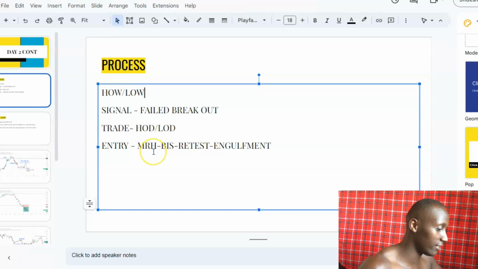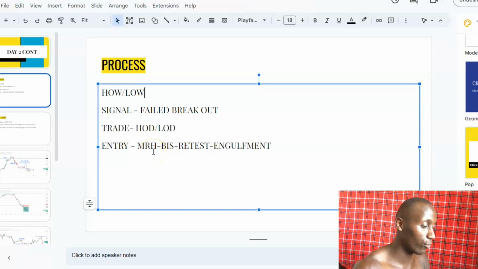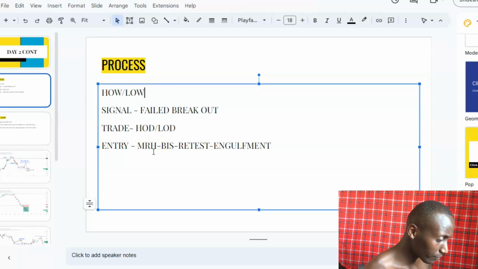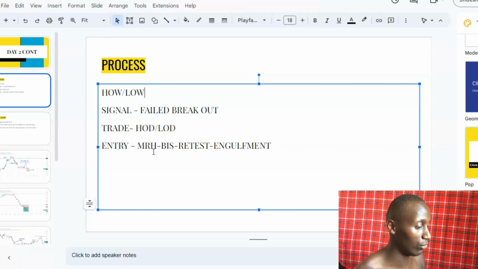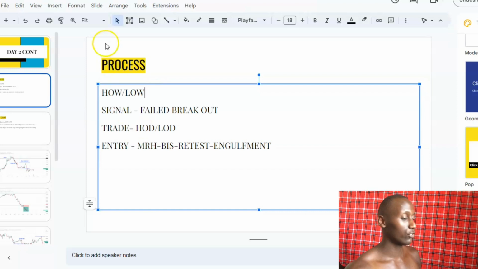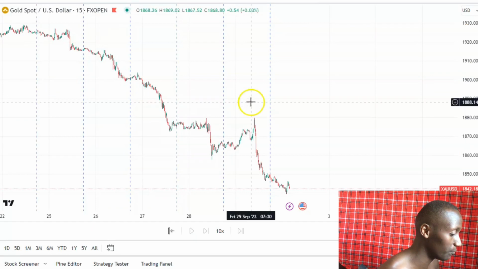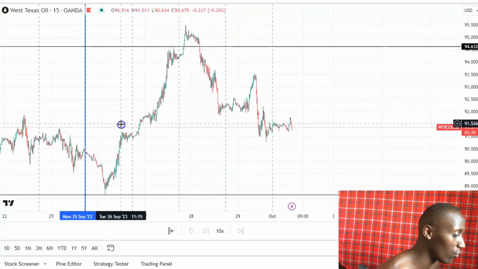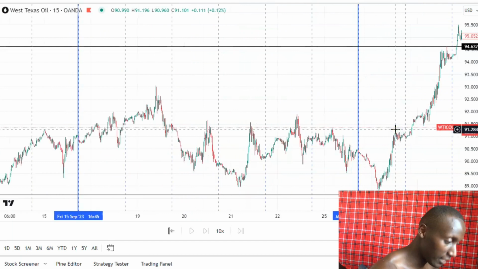And the entry criteria is simple. We look for the most recent high between our timing window from 9:30. Then look for breaking structure, we look for a retest, and we look for an engulfment candle. So let's jump into the charts and observe and just go back to last week,